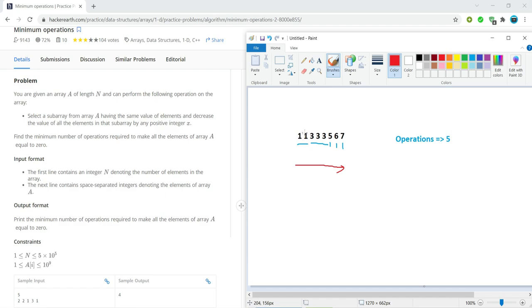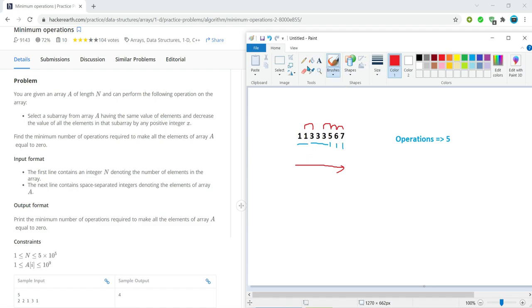So for example, here 1 changes to 3, that is one distinct operation, and from 3 to 5 another change, and 5 to 6 another, and 6 to 7 another. So total counts here are 1, 2, 3 and 4, but our answer is 5. So why so? That is because in the end there is one extra operation to convert this 7 also into 0.